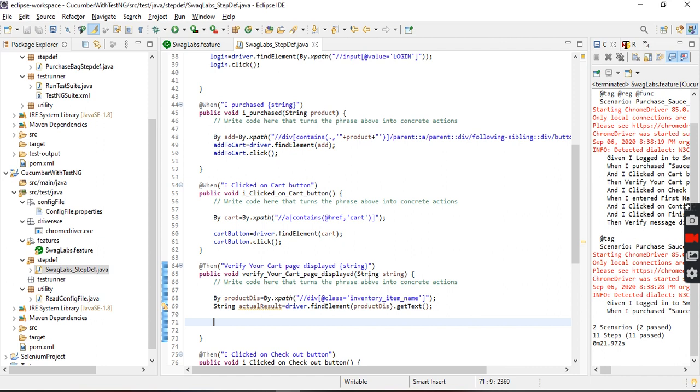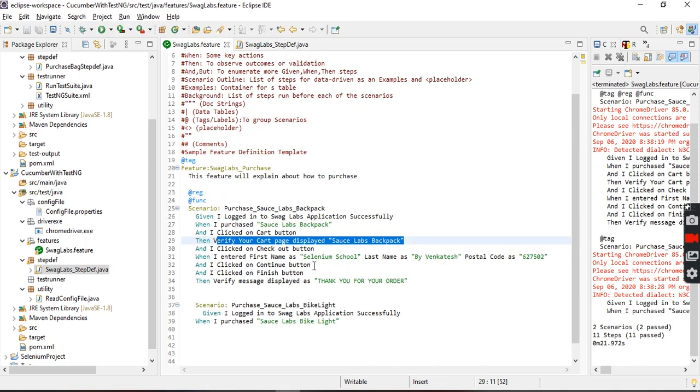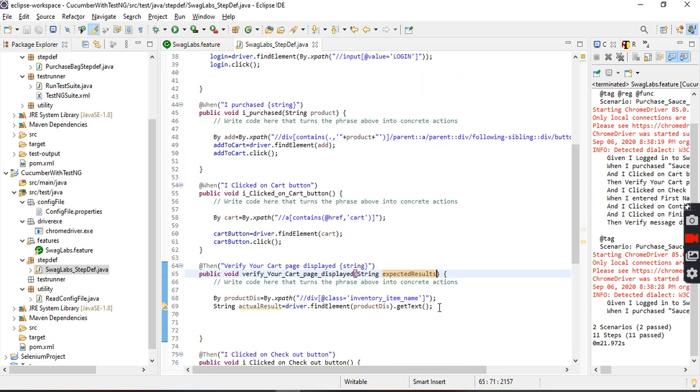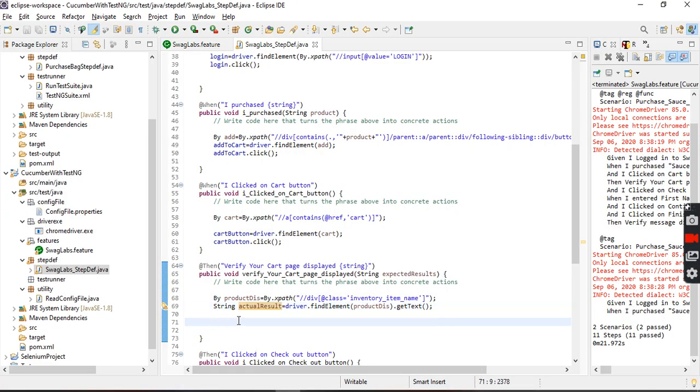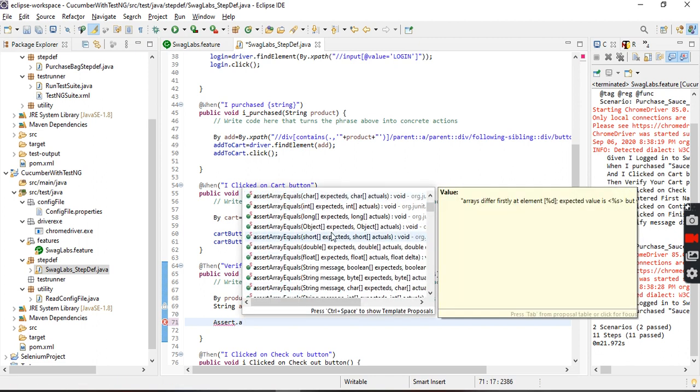So what is the expected result? The expected result we are getting from the Gherkin statement. This is the expected result. So it is coming here. We are going to get the actual result from here. So we are going to compare them. How to do the comparison? Assert dot assertEquals.